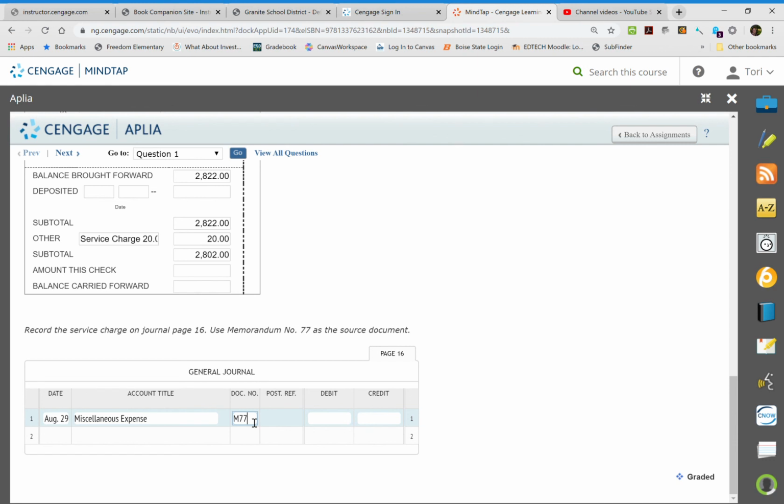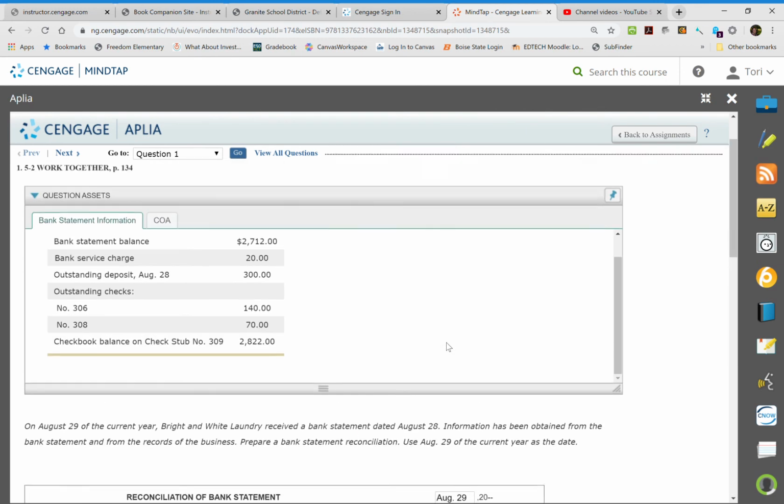And 77 up top right here, it says 77, and it was for $20. And then we credit to cash for $20. And that is chapter